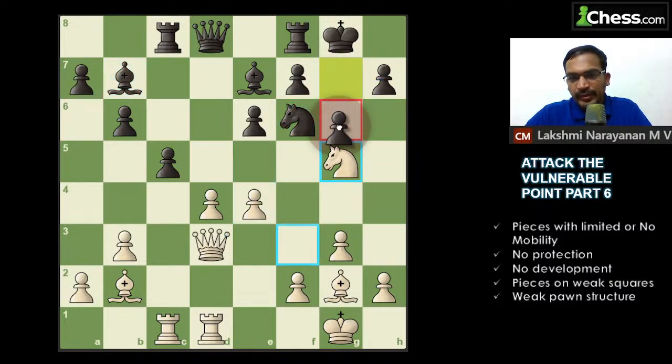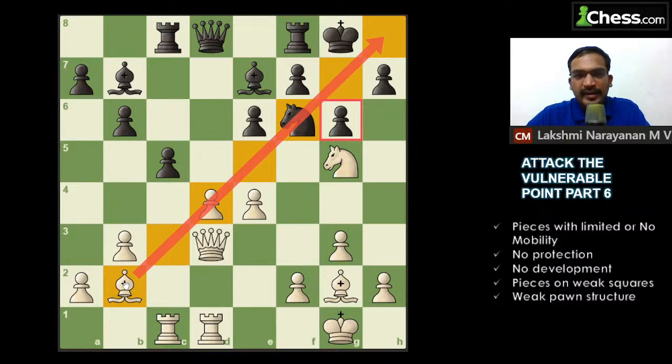Okay, they try to defend with g6. So g6 solves this problem, but it creates some weakness on the dark squares. You can see the dark squares are getting weaker now. And we have the dark square bishop, so we can try to attack this diagonal. This diagonal is going to be more vulnerable now,